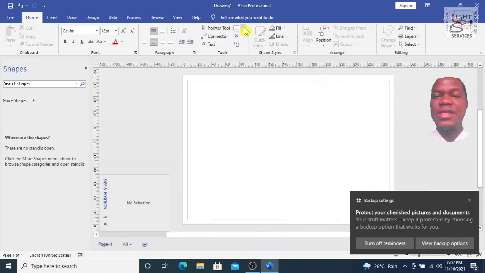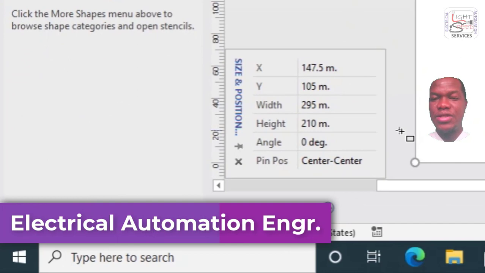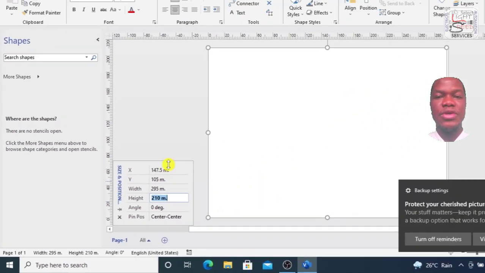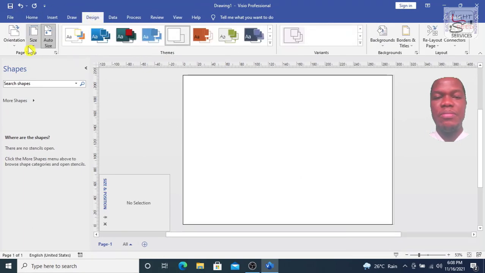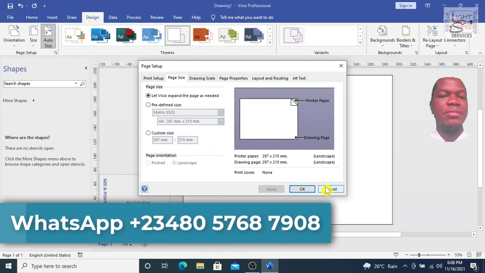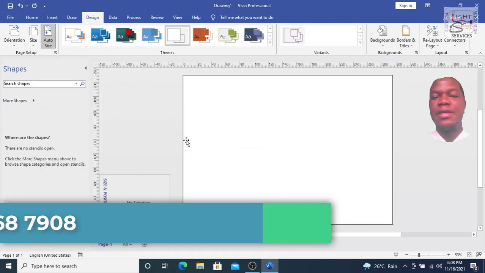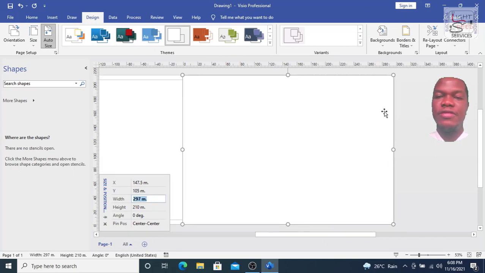The next step is to insert a rectangle that is the same size as your page. I know the size of my page from what I saw there, 210 by 29... I'm not sure, 297 also. So I'm going to go back and check. If you recall where we did our page sizing, you can see here 297 by 210 mm, or you can see it here as 21 centimeter by 29.7 cm. So if I make it the same size here, it's going to spill over to the next page.